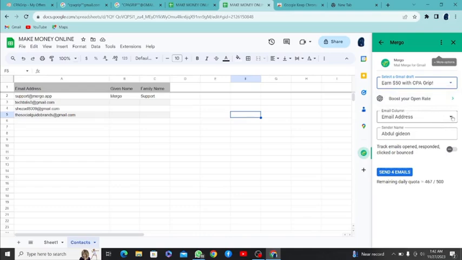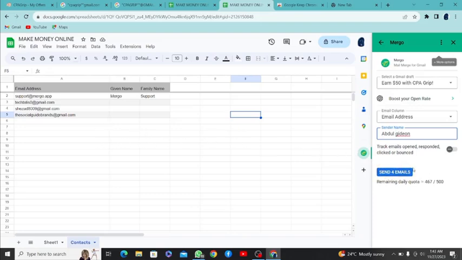Then at this point, there's no need of you entering anything. Your email will show itself automatically. And coming down here, the name which you want it to follow what you are sending, you can change the name to either Emmanuel Gideon or any other name you feel like using. Then you're going to click on send for email. You can see it, just like I've told you, the highest you can send at once is 500. And as you can see, this is the one I want to send, just 4. You can see that we have just 4 emails.